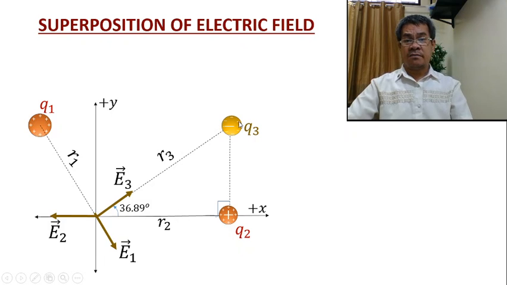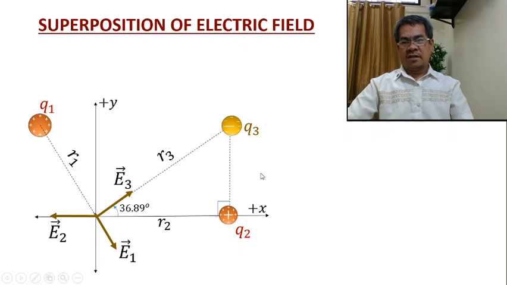Now next, we have the third electric field. This is due to charge 3. E3 is the electric field due to charge 3. This charge is negative, so the field must be inward, because you can imagine a positive imaginary charge here. Therefore it should be in this direction. Then the same process: calculate the magnitude, find the direction. By the way, the angle is not given here, but in the problem, this might be given as an angle. Then you can do it.